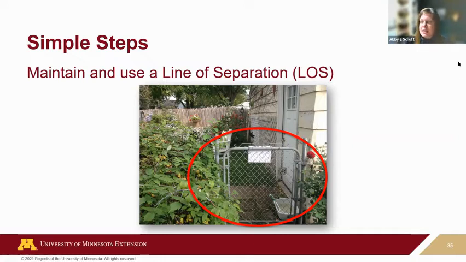You can also see in this image that there's a wash tub. Obviously this is in the summer, so we're not dealing with the freezing overnight and having it be an ice chunk in the morning. But that's also where you would clean and disinfect your boots, is at that line of separation. So there's many, many different ways to implement this. So use a little bit of your critical thinking skills about how you could implement this at home. It's a simple thing to do, and making sure before you cross that line of separation that you're not bringing any potential contaminants into your poultry flock, on your clothing, on your body, or on your footwear.